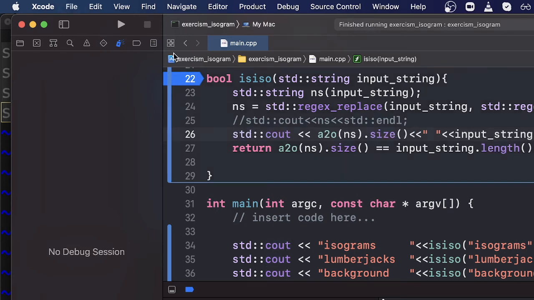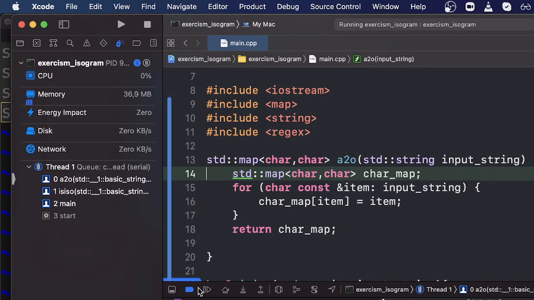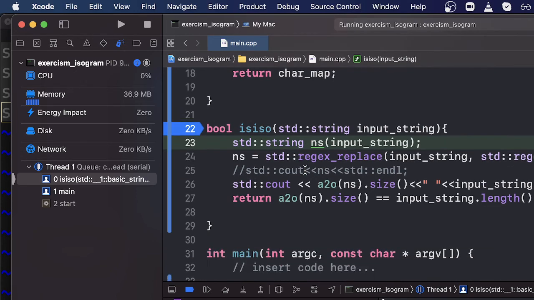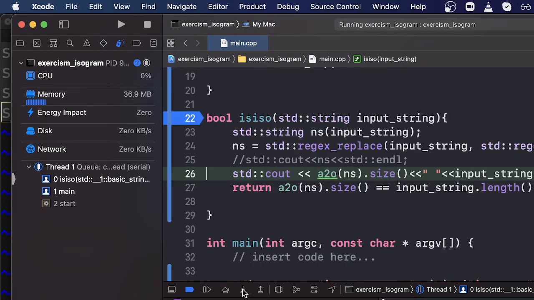So let's try and check it out. I'm gonna press play, and then I'm just gonna ignore the cases where I know it's working. So isograms, I guess, press play, lumberjacks play, background yes, downstream yes, 6-year-old. Okay, here we are. So we're gonna go very slowly now. So ns std string regex whatever, and then press play here, and it's gonna print the value. So we can go up one level. Okay, so it has printed 10 and 12